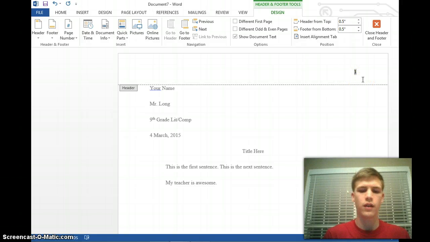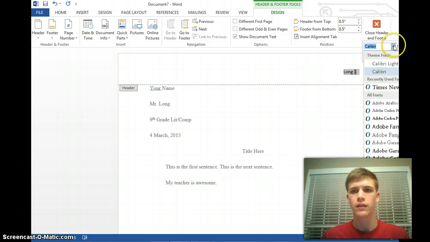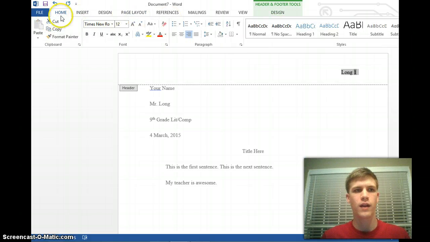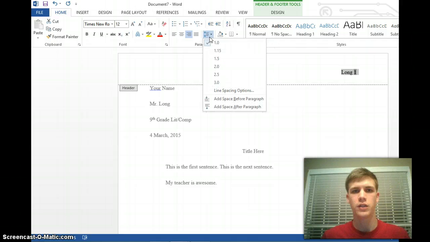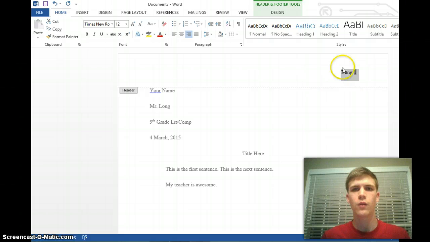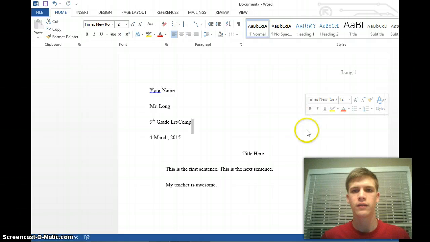So now we got our number, and you can go ahead, put in your last name, hit spacebar once. Now this font size and font type is incorrect with MLA formatting, so we need to fix that before we do anything else. So just go ahead and highlight it, change it to Times New Roman, change it to 12-point, and go back to the Home tab, and right here you can change it, because this also has to be double spaced. Alright, and once you're done with that, all you need to do is just click anywhere outside of this box,